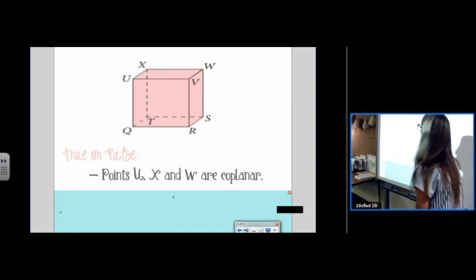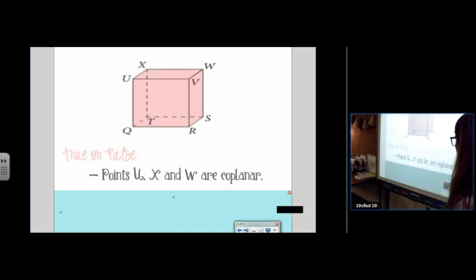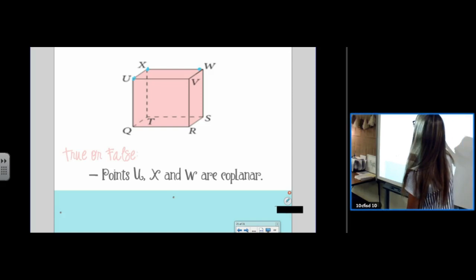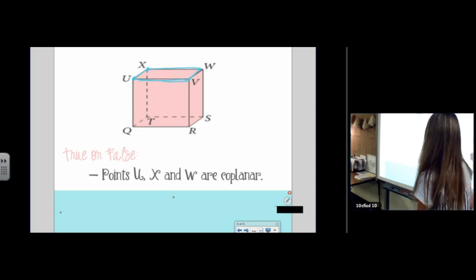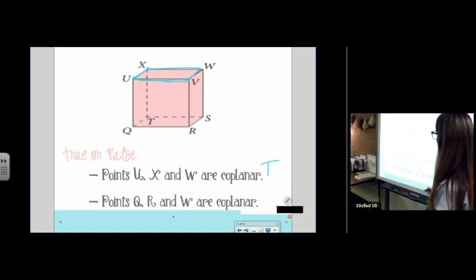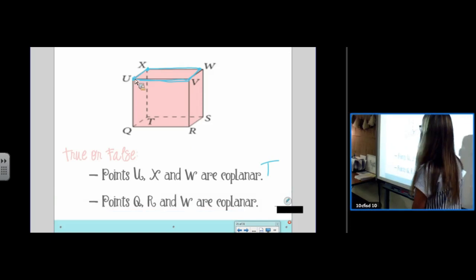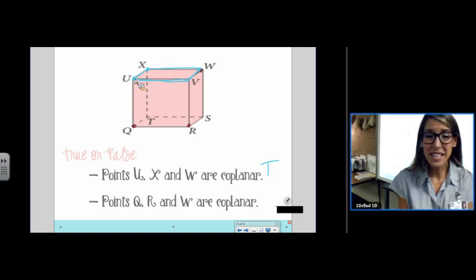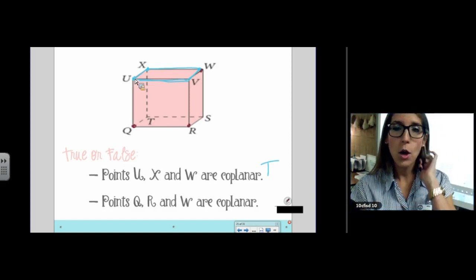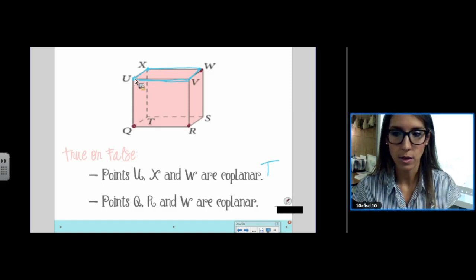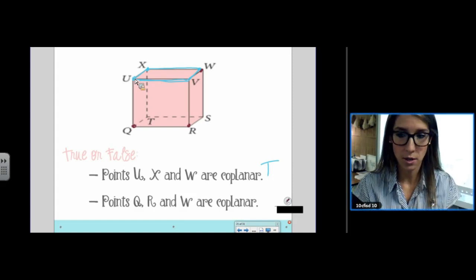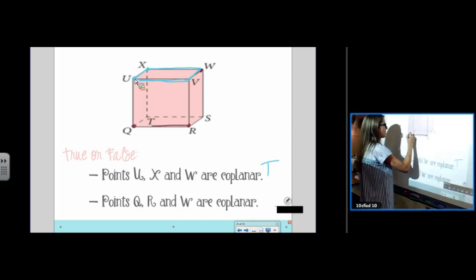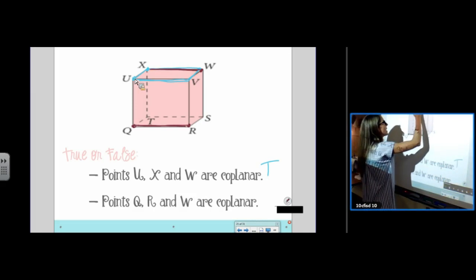Okay. True or false? Points U, X, and W are coplanar. Well, since U, X, and W lie in the top of this prism, they are coplanar. Points Q, R, and W are coplanar. Q, R, and W. This one's a little bit tricky, so be careful here. Collinear means I could put a line through it. Coplanar means I could put a plane through it without bending the plane. So you have to kind of let your brain stretch a little and realize, oh my goodness, even though this